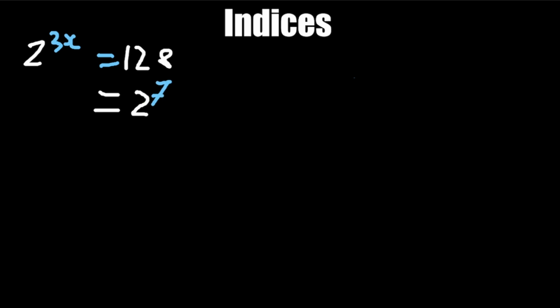So now that we know that it's 2 to the 7th power, we can say, okay, so this is going to be 2 to the 3x power is equal to 2 to the 7th power. So since we're trying to just find x, since both of them are at the same base, we can simply cross out the bases. The bases don't really matter here. So that means that we can simplify this equation to 3x